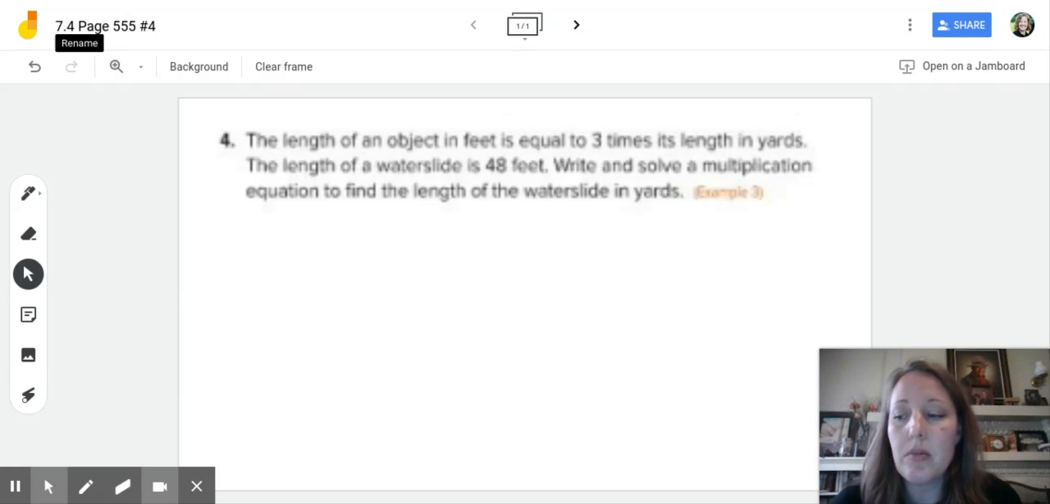Now, in this problem, it says that the length of an object in feet is equal to 3 times its length in yards. The length of a water slide is 48 feet. Write and solve a multiplication equation to find the length of the water slide in yards. Okay, so